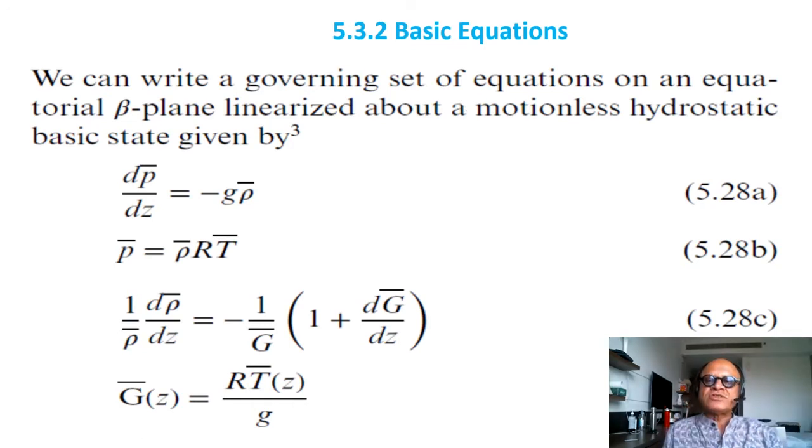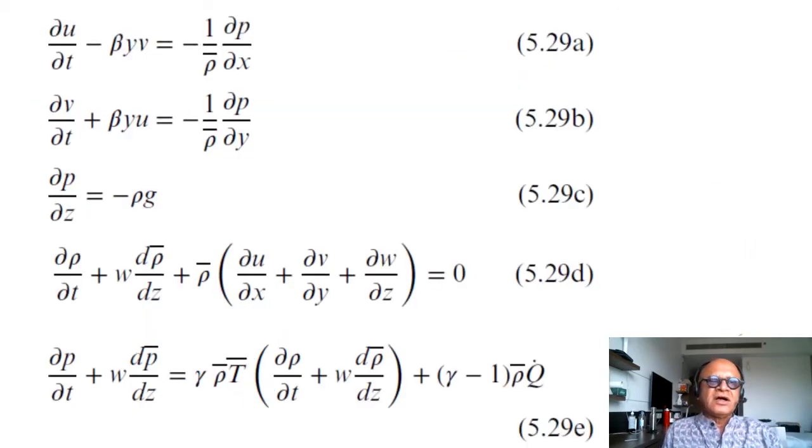What we are doing here is to linearize the system around a motionless hydrostatic basic state. So this is the hydrostatic equation, this is the ideal gas law, this is the equation of state, where basically the density profile is closely related to the temperature profile with the scale height. Okay, that's all. And since we are assuming a motionless basic state, the basic variables have to be a function